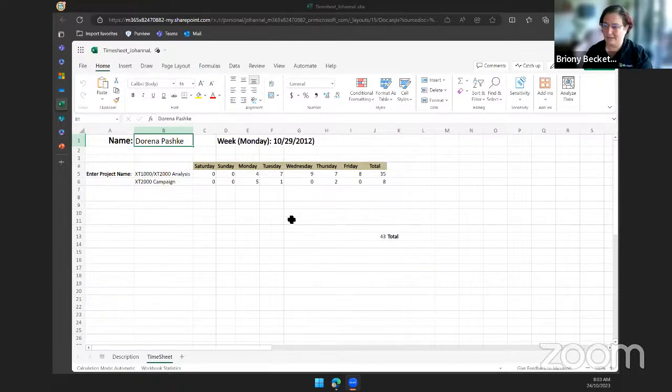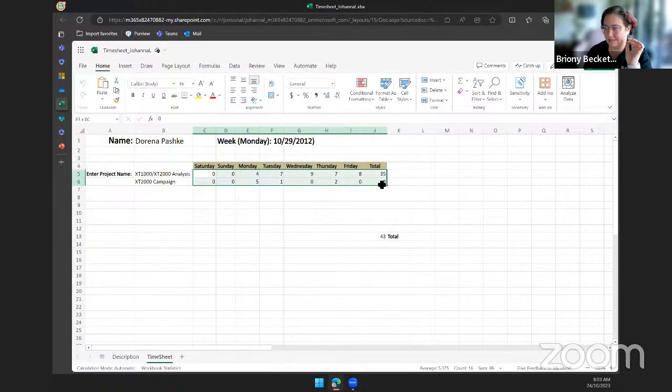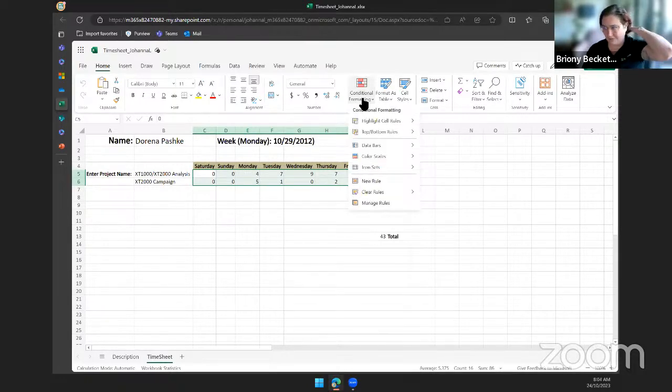So we have Excel, quite basic. The one that I use all the time, because of how visual I am and like to see things quite easily, is conditional formatting. In this instance, this is a block of numbers, and there are a lot of different options.